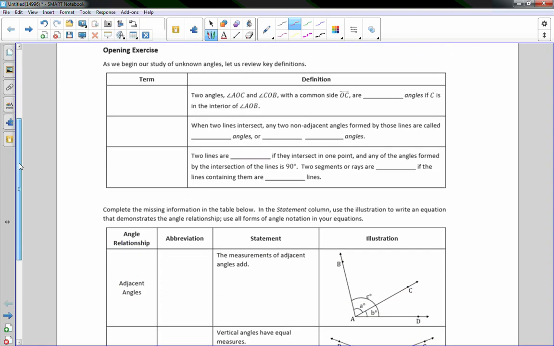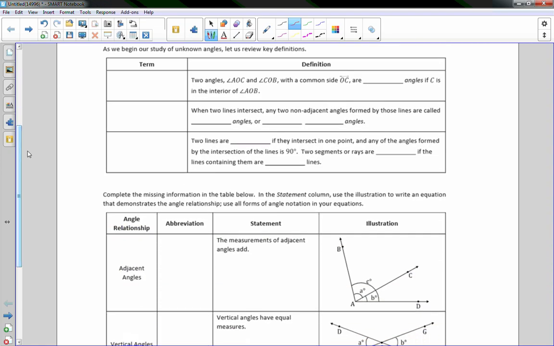So the opening exercise says, as we begin our study of unknown angles, let us review key definitions. Two angles, angle AOC and angle COB, with a common side, which is ray OC, are blank angles if C is in the interior of angle AOB. So what they're saying is if I have an angle here, and this is A, and this is O, and this is B,